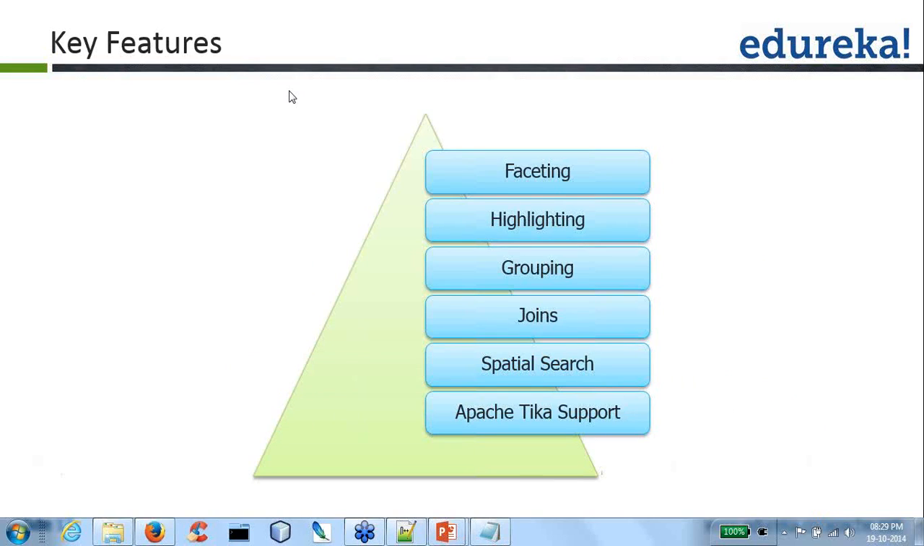Fine, so we will be talking about all of these things in detail. I'll just give a brief about what features Lucene supports: faceting, highlighting, grouping, joins, spatial search, and ticker support. So faceting is nothing but, you might have seen the left side corner of your e-commerce application when